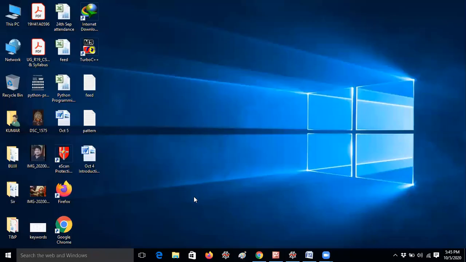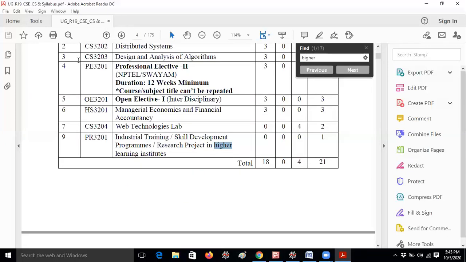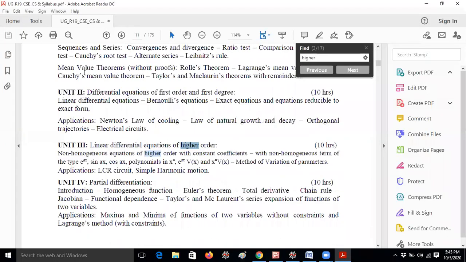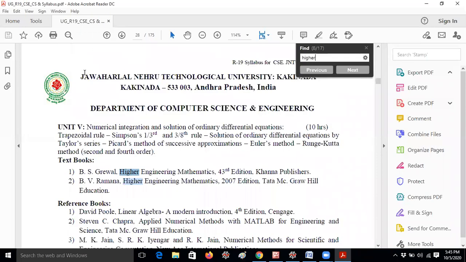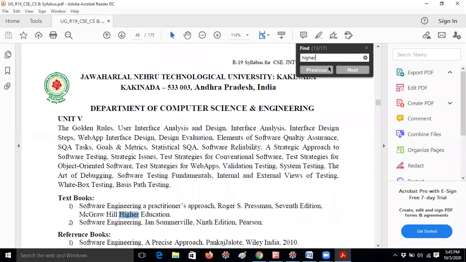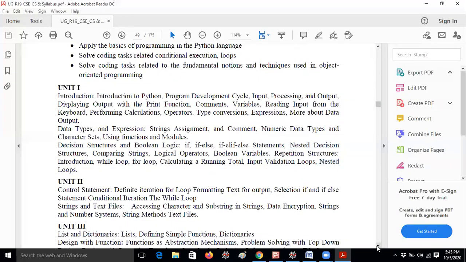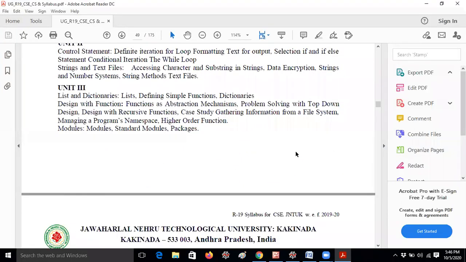They mentioned one of the topics, and we have one concept like higher order functions in unit 3. In that topic we will have the concept of lambda. So that's the reason I am telling this concept. For your exams, you should prepare for lambda even if they did not mention it.